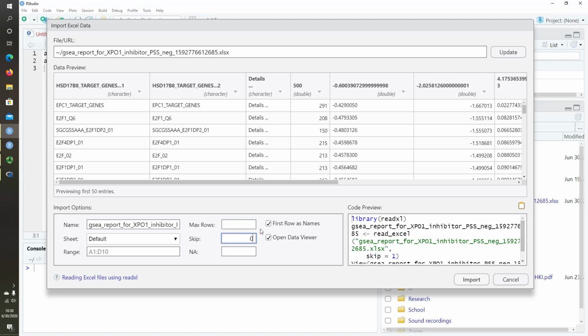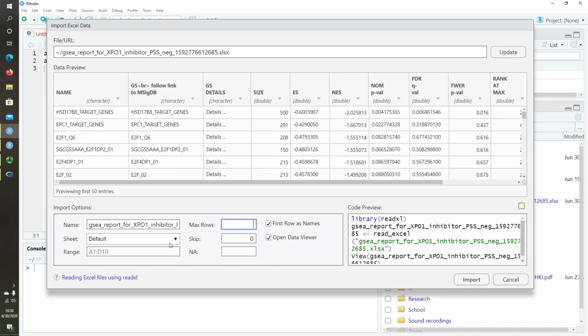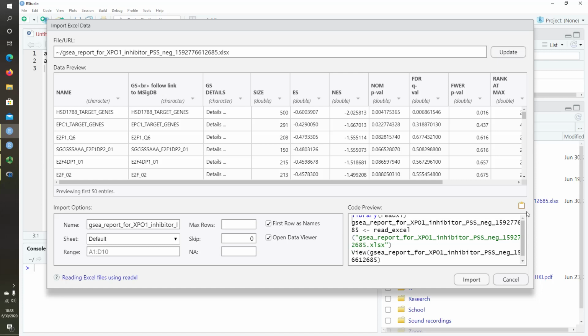But you can select particular rows that you want, like you can change the sheet if there's an Excel sheet with multiple range values. It's not the best for consistency, or if you're going to use this for a script, you want it to be reproducible. And so if you're going to use this, it's good to copy this code. So it's nice that you can get this preview and everything, but do copy it